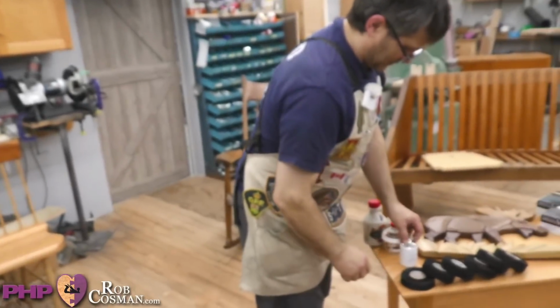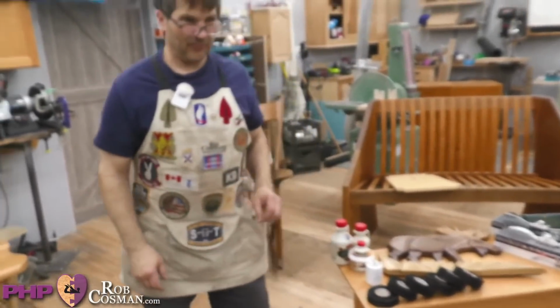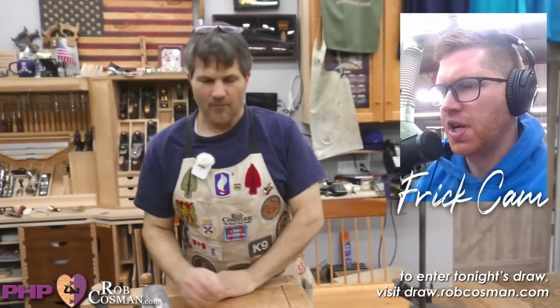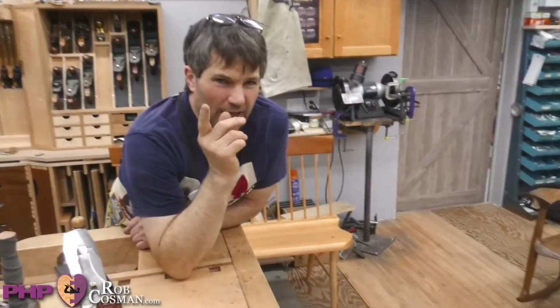All right, Clifford Pollock. Clifford says, when repairing an old chair, can you use any glue if the old joint had used hide glue, or do you have to use hide glue in the repair? I don't know, but what I would do,